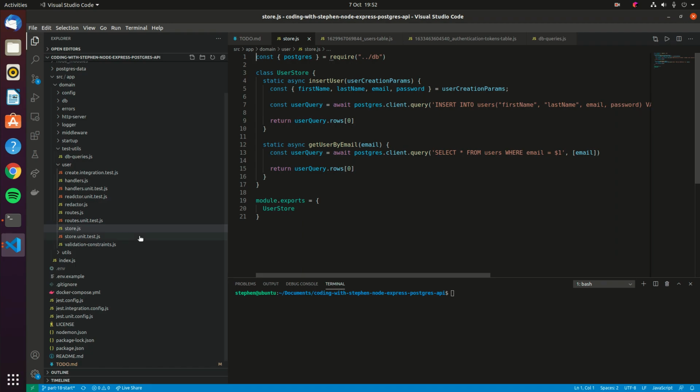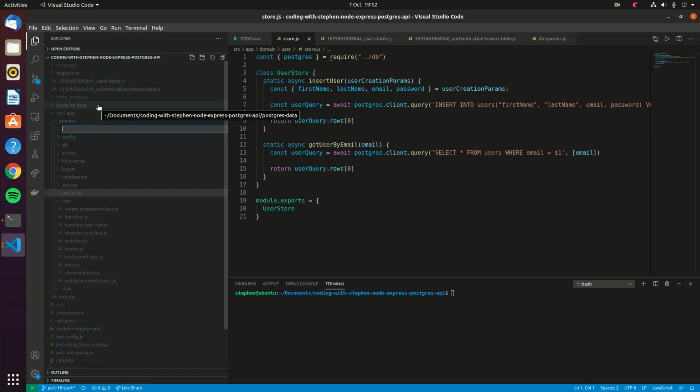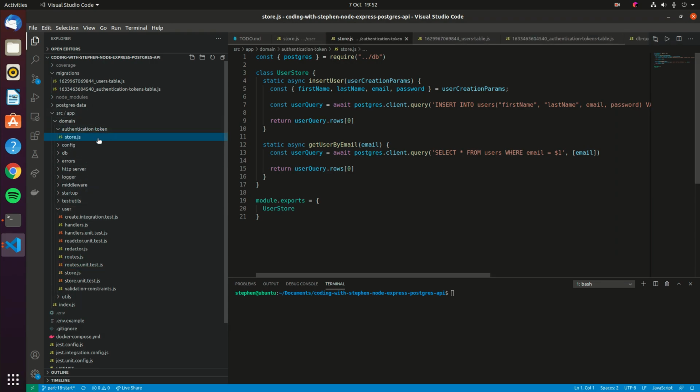So what we'll do, in the first instance, we're going to want to add a new folder to our domain folder here, and we're going to call that authentication token. I'm just going to copy this store file over from the user store because it's going to have the same require here. I'm just going to change this to